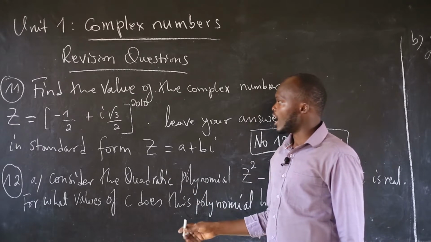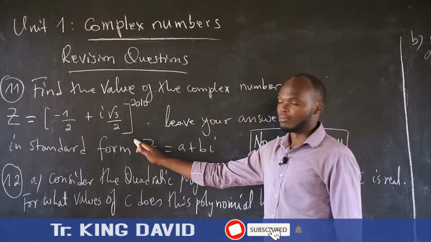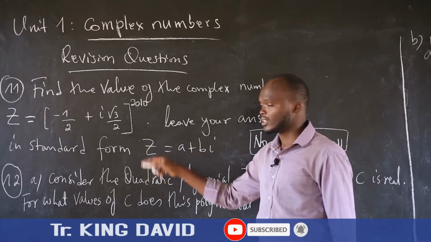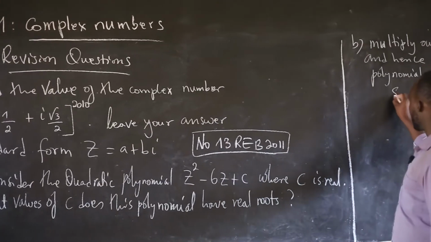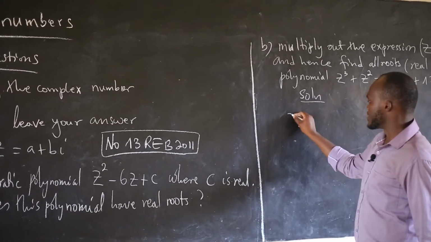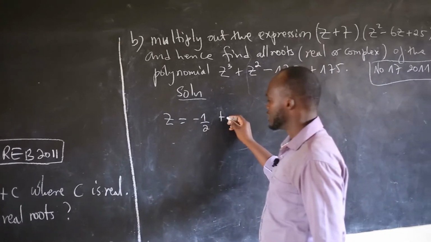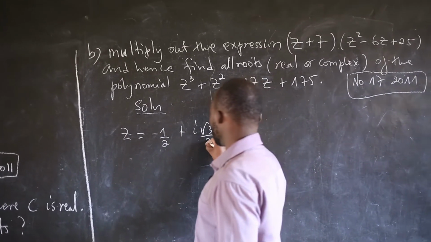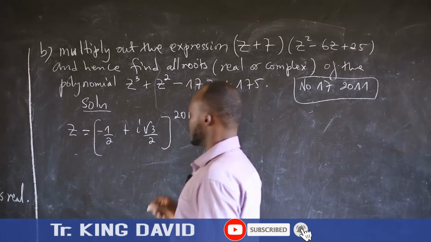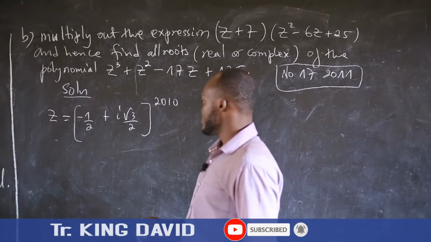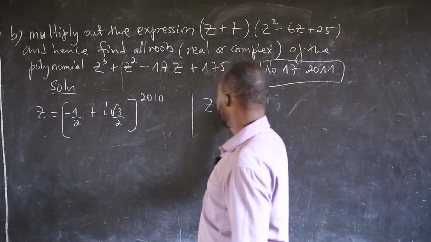The question is like, how can you express this in algebraic form? Already it is in algebraic form, but how can you find this on power 2010? Then we leave the answer in the algebraic form. So our z is negative 1 over 2 plus i root 3 over 2, then power 2010. That is our complex number. So we need to leave this complex number in the form z equal to a plus bi